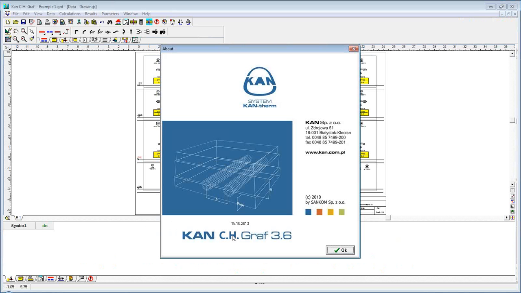As it was announced, I'm going to present you the software for central heating design, Kan C.H Graph 3.6. C.H is for central heating, for heating systems in buildings, and graph because it's designed in the graphical form. The majority of data are entered in the graphical form, and additional data are entered in the tables that are dynamically